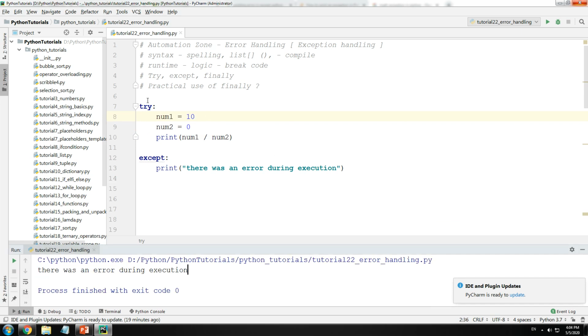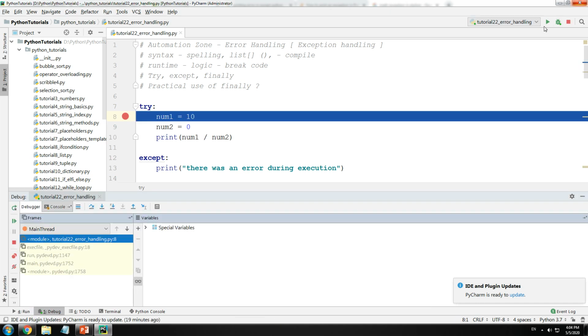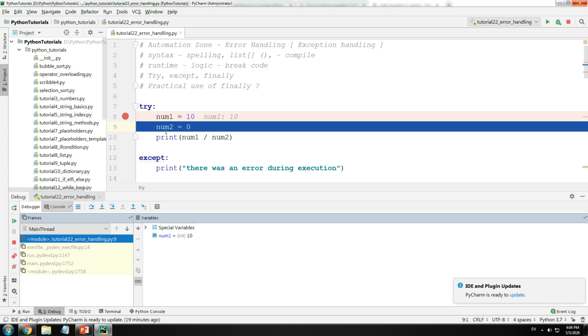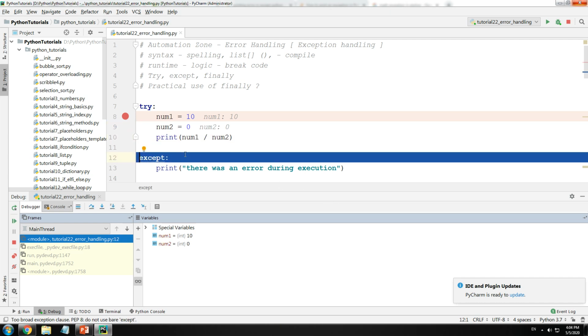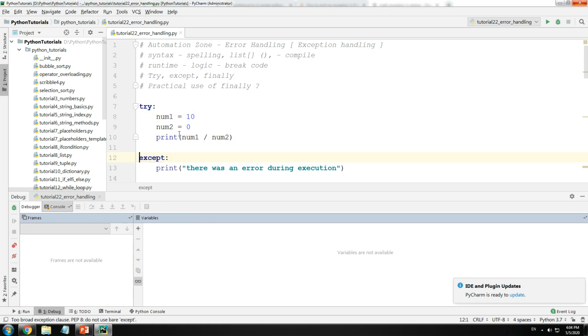What happened here? Let me debug and show you. It runs line number 8, goes to line number 9, goes to line number 10, and line number 10 has an error and it goes directly to my except block. So whenever Python finds an error, it directly jumps to my except block.